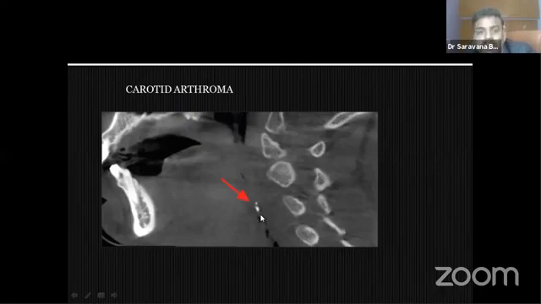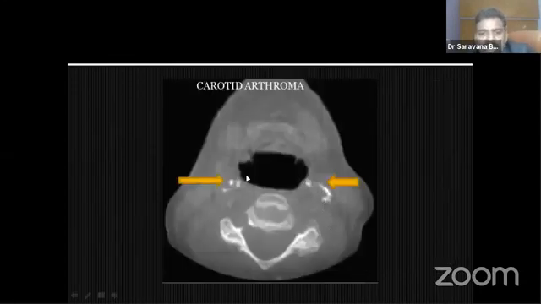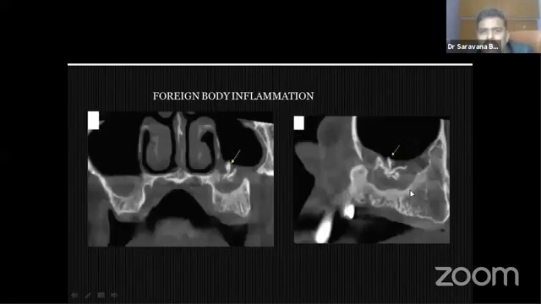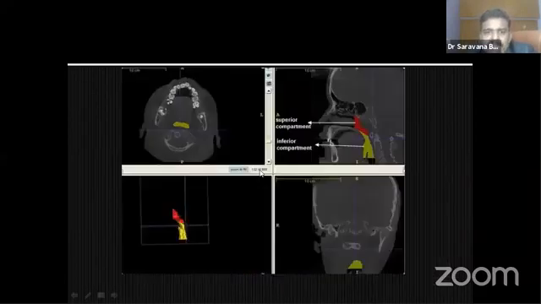Okay, carotid artery calcification is also possible from the CBCT data. Okay, look at the radiopaque masses just anterior to the C3, possibility for carotid artery calcification. Okay, again these are also carotid artery calcification here. Look at the carotid artery calcification. Okay, these are all incidental findings. Look at the maxillary sinus, sinus polyp is here. Foreign body is present in the maxillary sinus, inflammation around the foreign body, some osteoma are there. Okay, an elongated styloid process is here.